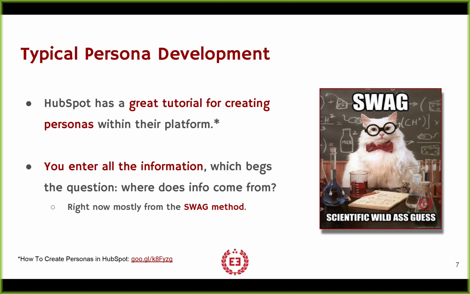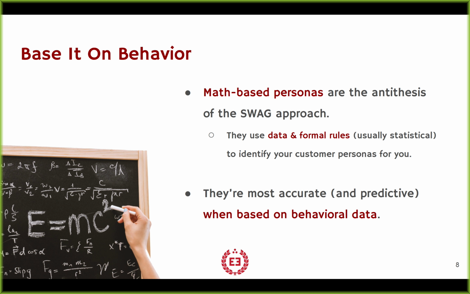So how does this happen right now? You don't often have the information you need to complete these profiles. So people just guess. It's just total guessing. And it might be guessing based on some observational data. You've interacted with clients, you know your industry, you got a good sense. It's not going to be the kind of precision that you would get from using actual data, specifically behavioral data.